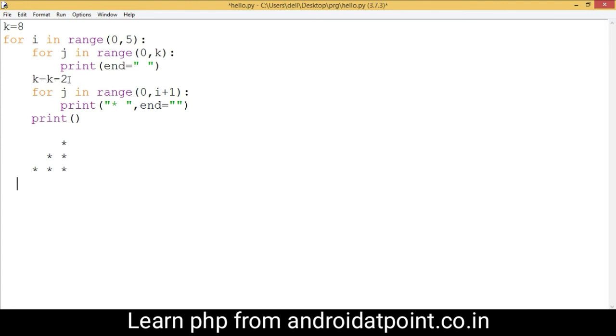Now the control comes here and 0 is assigned as the lower limit, and the upper limit is now 3 plus 1, which is 4. So this loop is executed 4 times and prints the star 4 times, 1 2 3 and 4. Now control comes to this statement and changes the line.